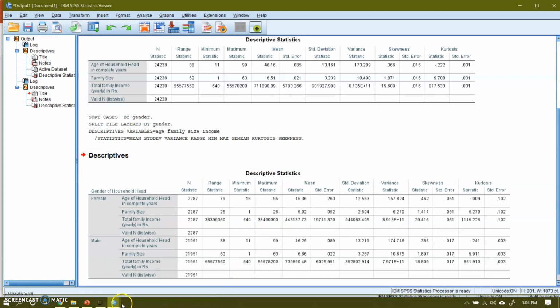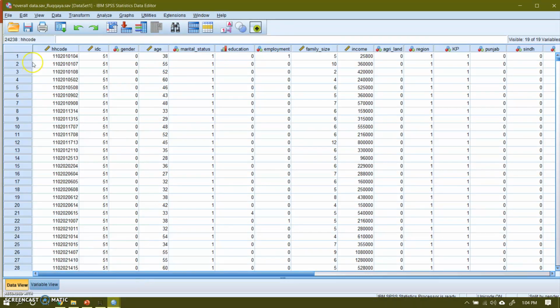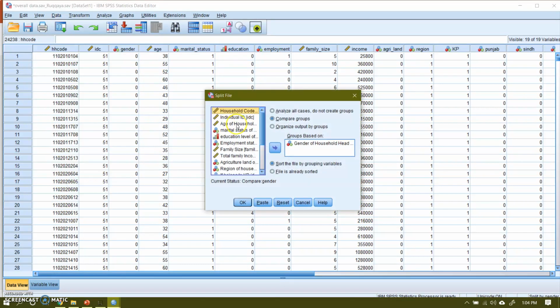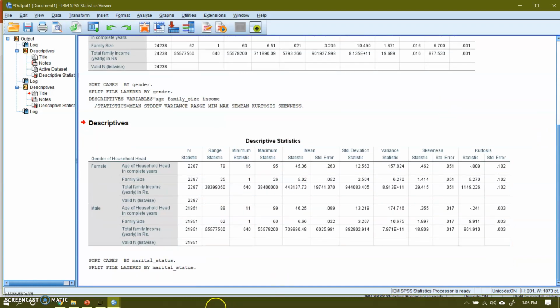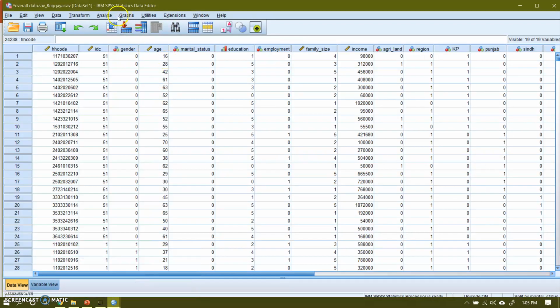Now I want to split this file on another variable. So first I will merge this, and then this time I can take this out, and I want to group this on the basis of marital status. And now you see this is a descriptive statistics based on